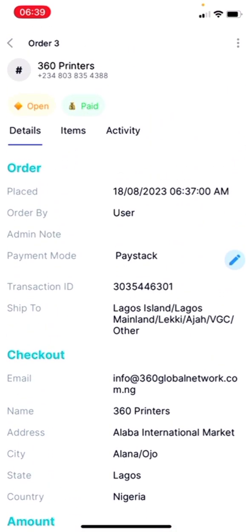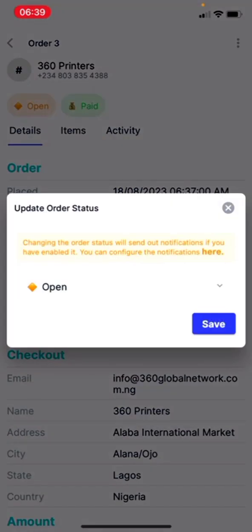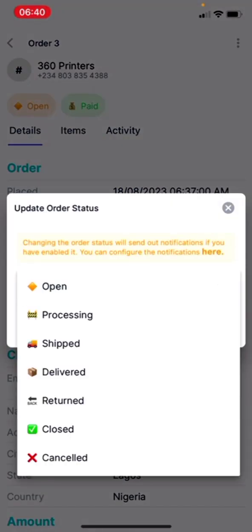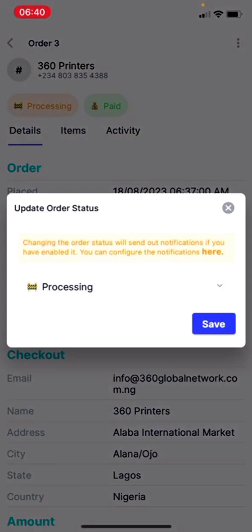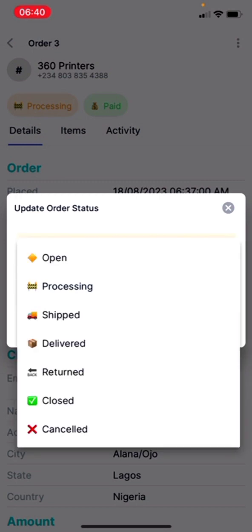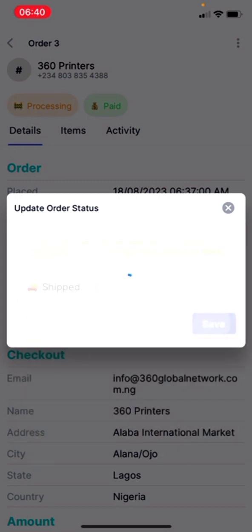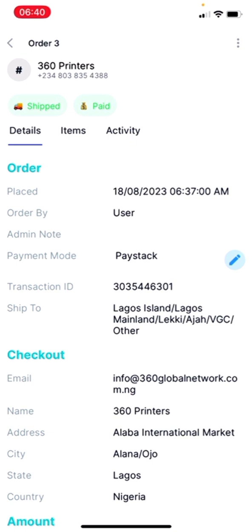So all we need to do now is to click on this option and make it process, then save. You can decide to jump from one stage to another. You can decide to jump straight to shipped. It means we have successfully shipped the item the customer placed an order for. Thank you, and this is all about payment in Paystack. If we have the privilege